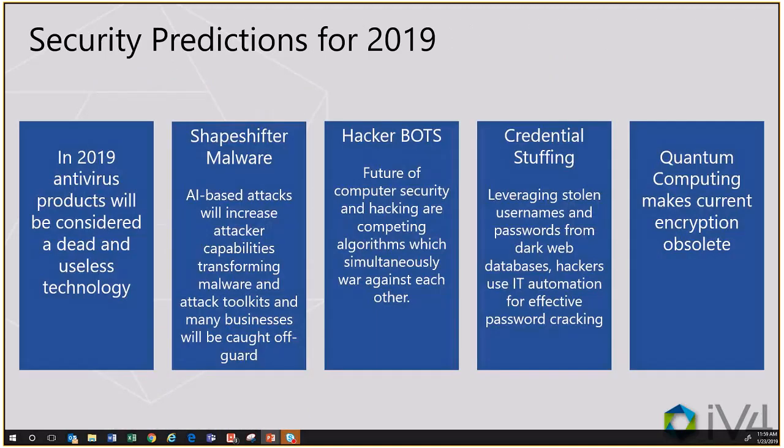In 2019, our predictions are antivirus will be dead. Years ago, if you've seen any of my previous seminars, I talked about traditional tools like antivirus and firewalls being about 30% effective. Because of that exploding growth in malware, hundreds of thousands released daily, it just can't keep up and it's no longer viable. Most organizations are moving to Windows 10. And then all of the things we just talked about, machine learning and artificial intelligence, really shapeshifter malware,